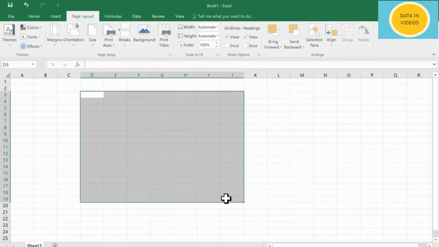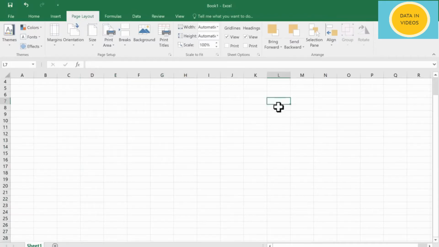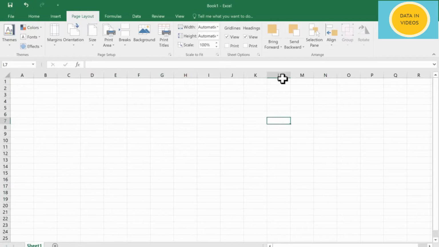A range can also be named, just like cells. The name of this range is L7 through N12. The first cell starts from L7 and the selected range ends on N12.